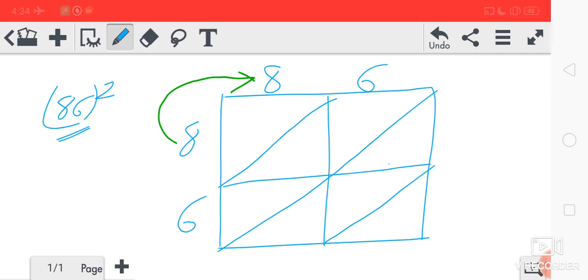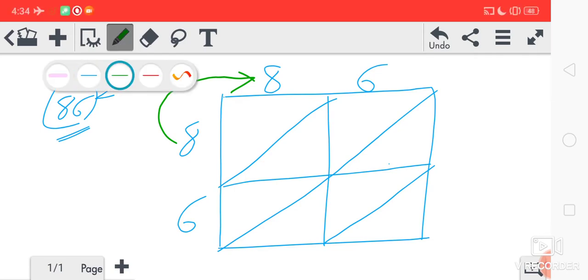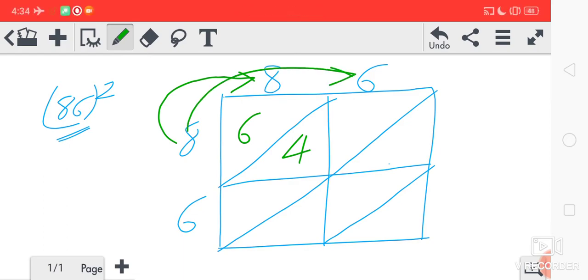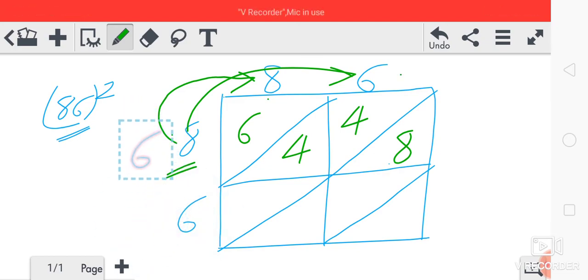Okay. Now 8 into 8, how much will we get? 8 into 8, 64. So 6 and 4 we have written, 64. Now this 8 will multiply with 6. 8 6s are 48. So just below 6 we'll write 48. Got it? This 8 first with 8, then this 8 with 6. Now with 8 we have multiplied both.